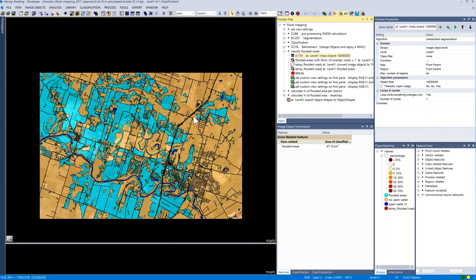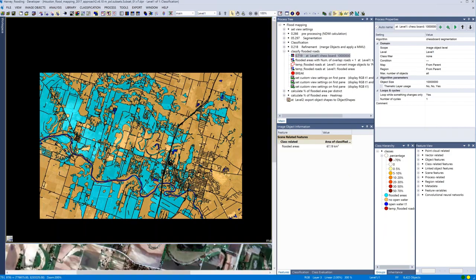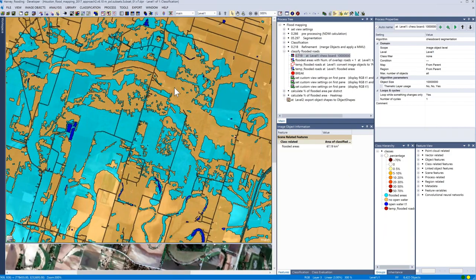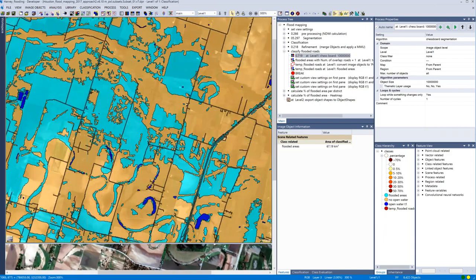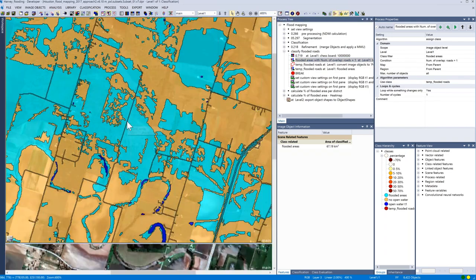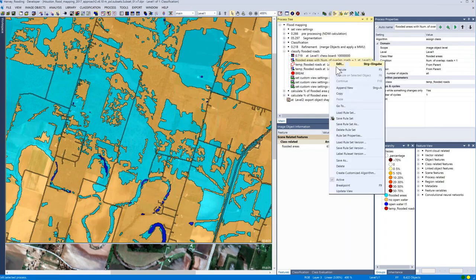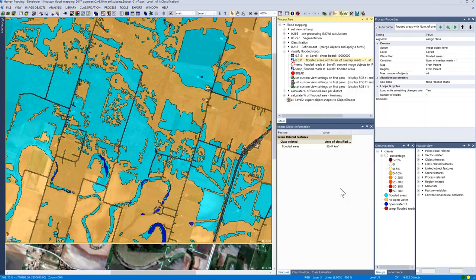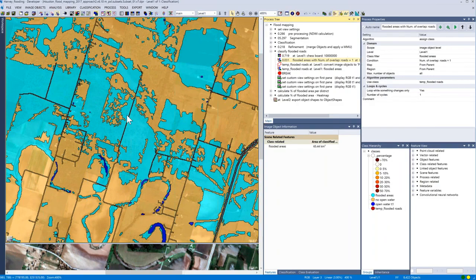And now you see the road network in here. It generated lengthy objects. The next step I did is I classified these road objects that are covered by flooded areas into a temporary class called flooded roads.